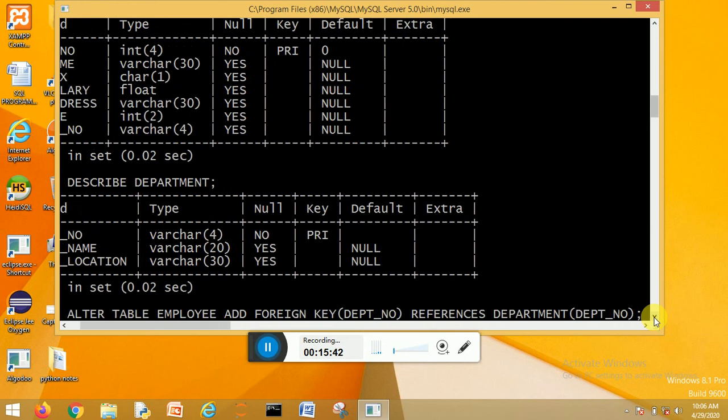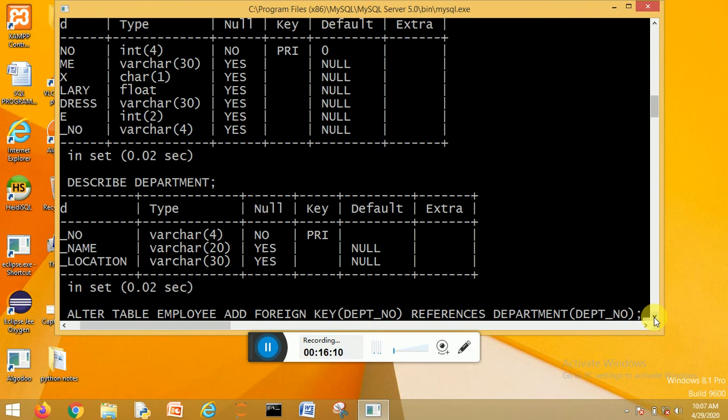So to assign the foreign key to the employee table's department number, I will use the query alter table employee, add foreign key. Which column do I have to assign the foreign key to? Department number. But this foreign key references the primary key of the department table.